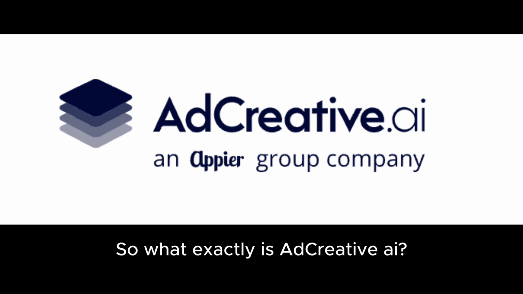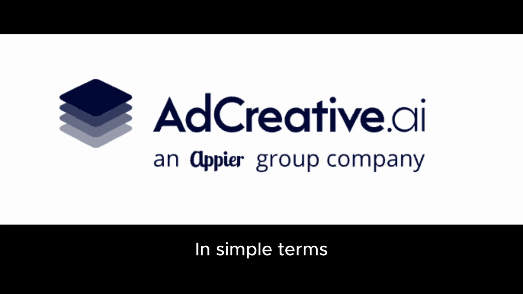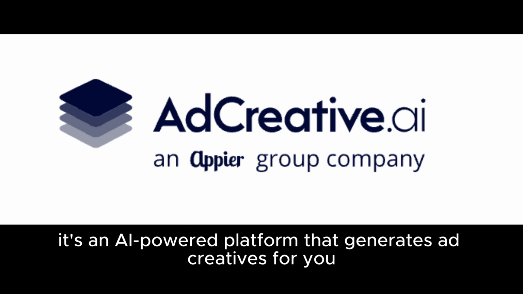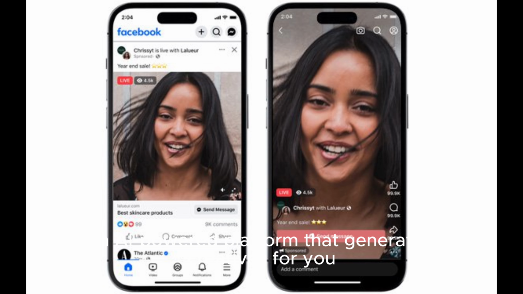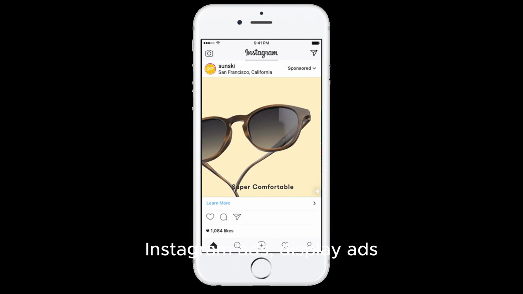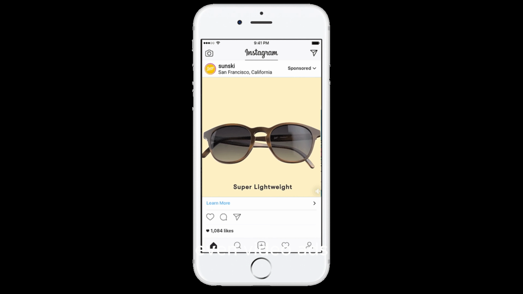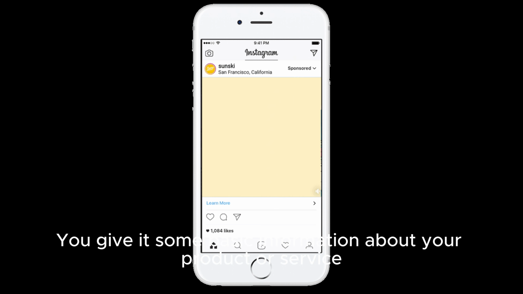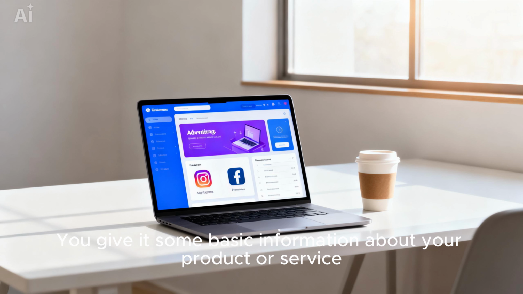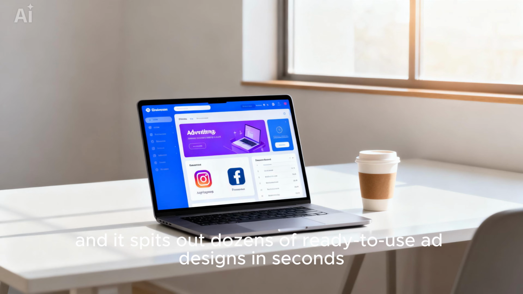So what exactly is AdCreative.ai? In simple terms, it's an AI-powered platform that generates ad creatives for you. We're talking Facebook ads, Instagram ads, display ads, even video ads. You give it some basic information about your product or service, and it spits out dozens of ready-to-use ad designs